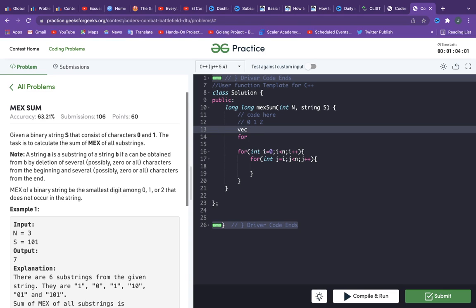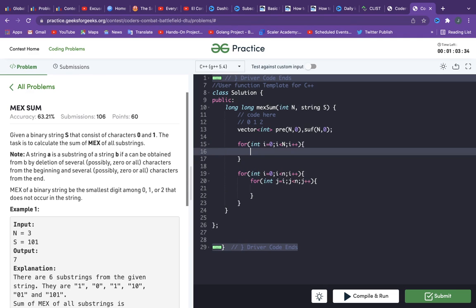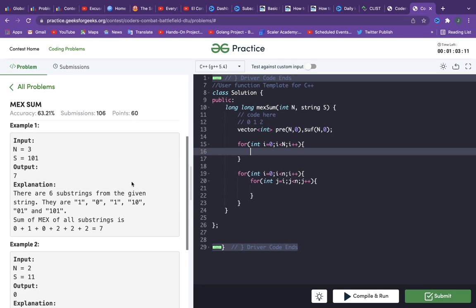I don't know, vector. So the mix of this is 0, and mix of this is 1, mix of this is 0, mix of